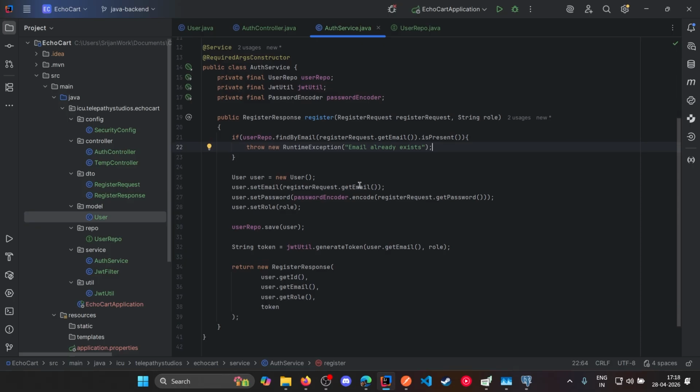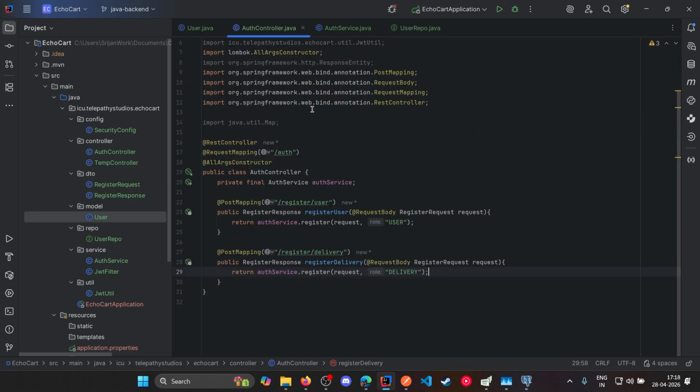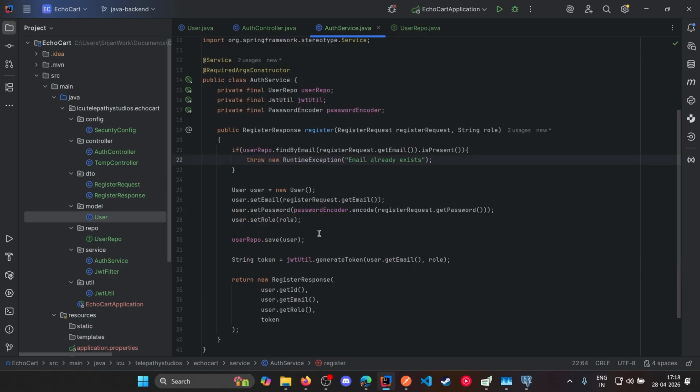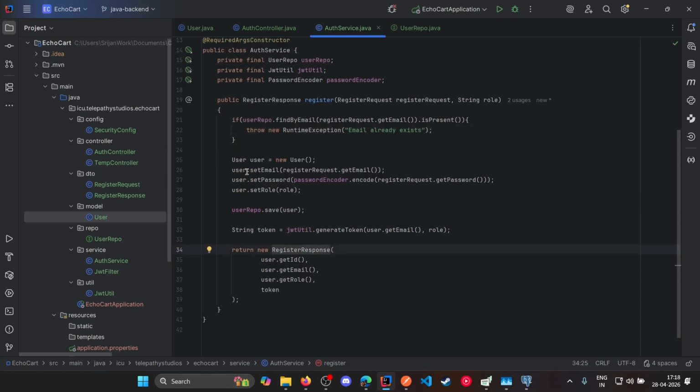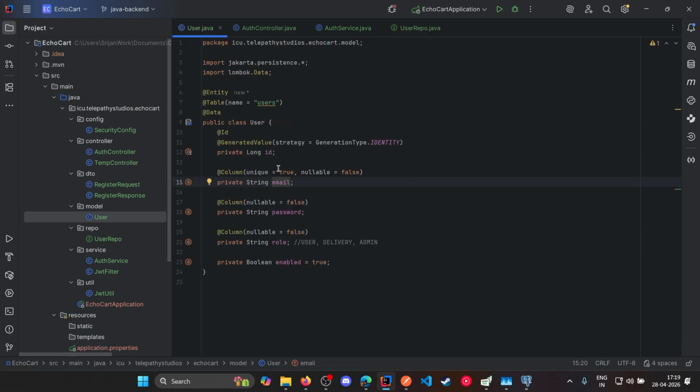Then what we're doing is returning this register response, right? So we are creating a register response here. For that, we first create a new user. It's like a row in a database. So we are creating a new user. Then we are setting the email. Let me show it to you. We're setting an email,